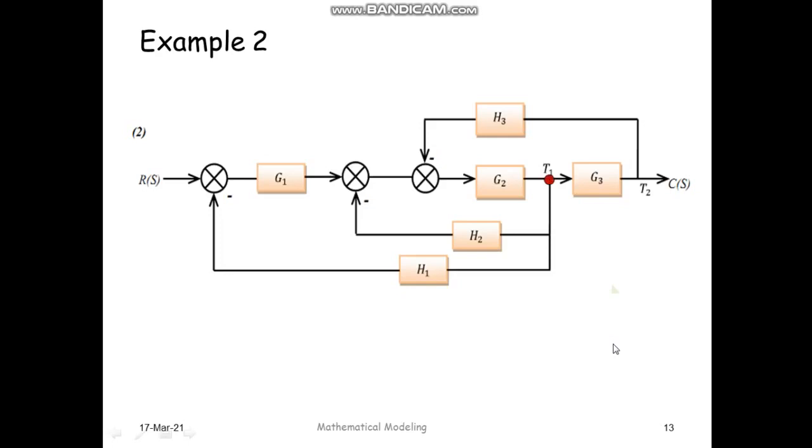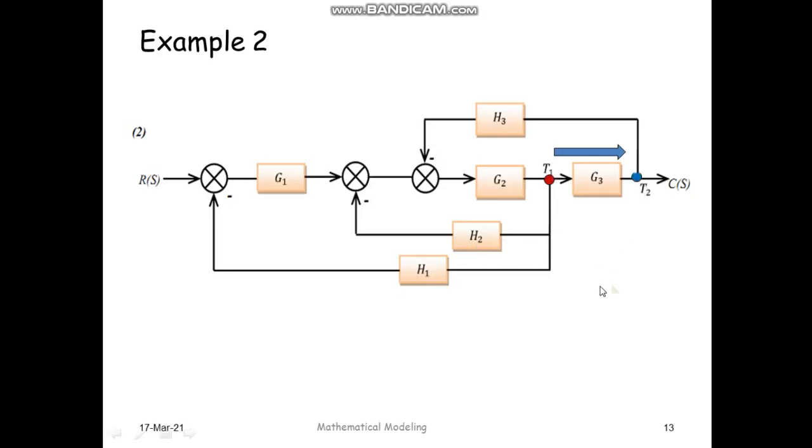So now if you observe carefully, you can see this takeoff point is added between two transfer functions or two blocks which are connected in series. So if you want to take G2 and G3 in series, you have to shift this takeoff point either to this side or to this side. To make it convenient and simplified, usually the takeoff point is always shifted to the right hand side of any block. So now what we can do is shift H2 and H1 and this corresponding output to the right hand side of G3.